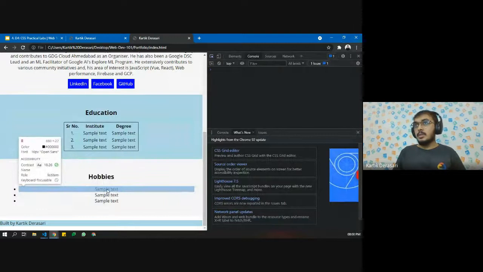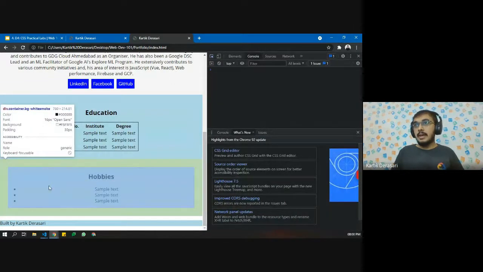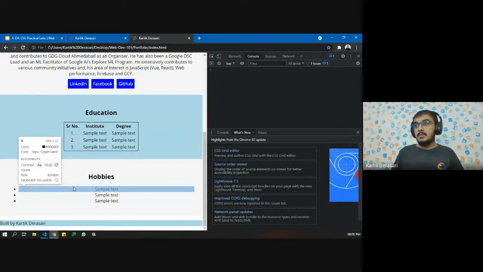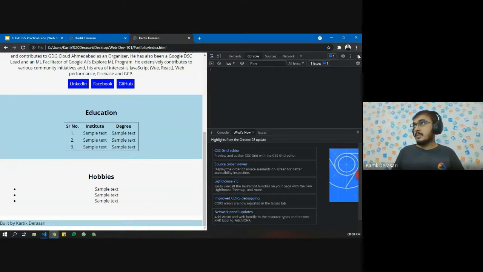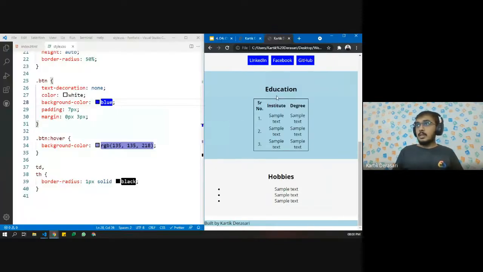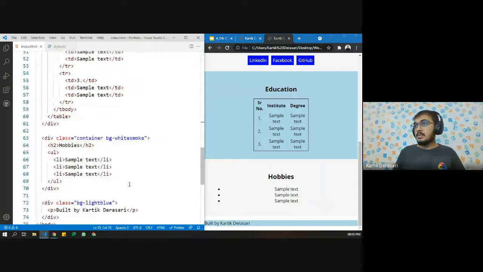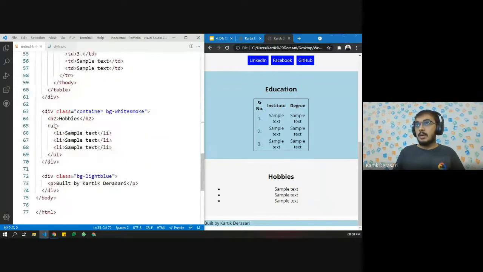Okay, so here see the li tags are full block level elements. It is not going side by side. So let us style the li elements. First of all, let's set the whole UL part.